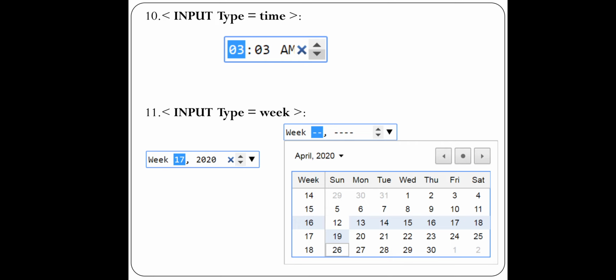Here you can see again the important thing is week, means the control is going to concentrate on the week part. Again you will get a calendar, and whenever you select any particular date, it will calculate the total number of weeks completed, means that date falls in which week of the year. So if I select 26th April, it is showing that it is currently in week 17.